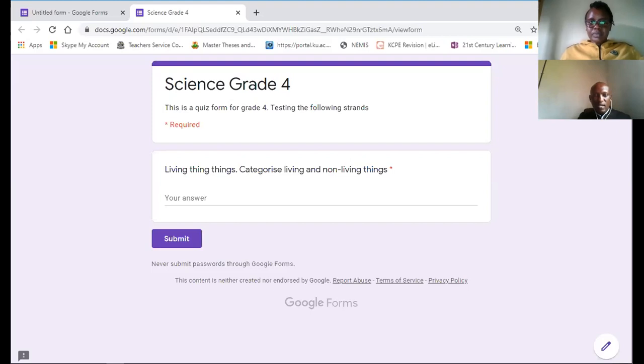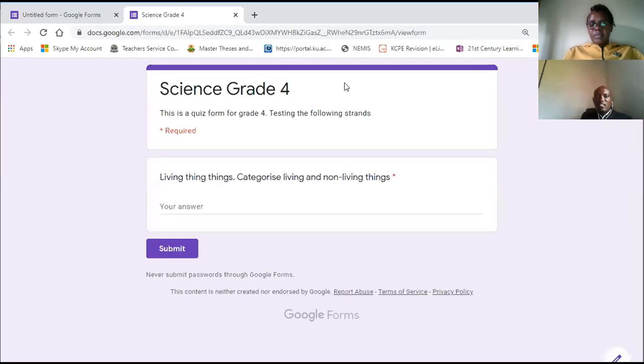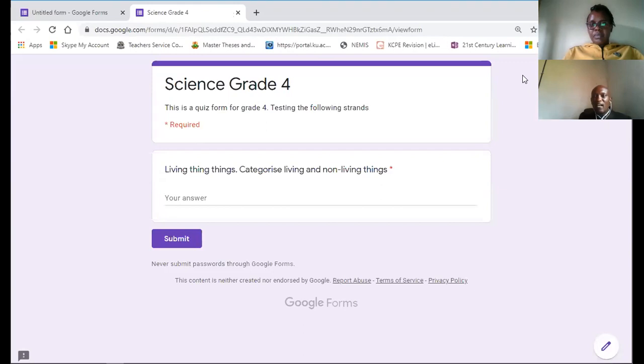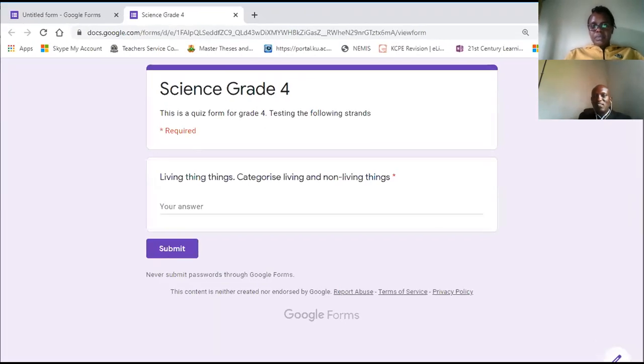Okay, so let me start again, and we are going to share about the Google Forms. This is going to help the educators to prepare the learners, and it makes the classroom paperless. To enhance a paperless classroom, we are going to make use of Google Forms. To start with, I gave one method of creating a form, and that is